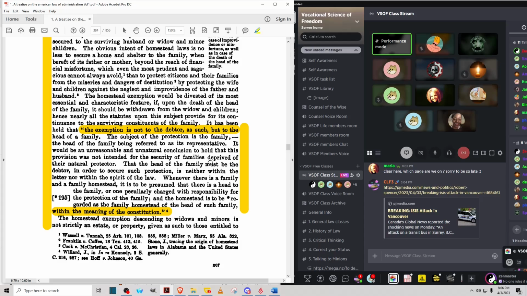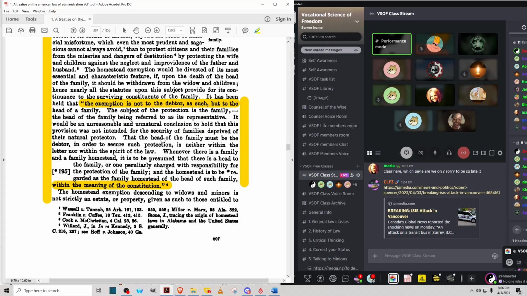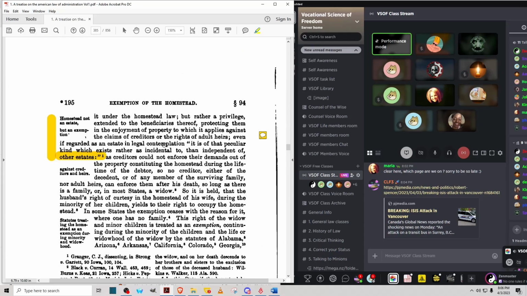The homestead exemption descending to widows and minors is not strictly an estate or property given as such to those entitled to it under the homestead law, but rather a privilege extended to the beneficiaries thereof, protecting them in the enjoyment of property to which it applies against the claims of creditors. So get that. Against the claims of creditors or the rights of adult heirs, even if regarded as an estate in legal contemplation. It is that of a particular kind which exists rather as incidental to than independent of other estates. So the homestead aspect of,